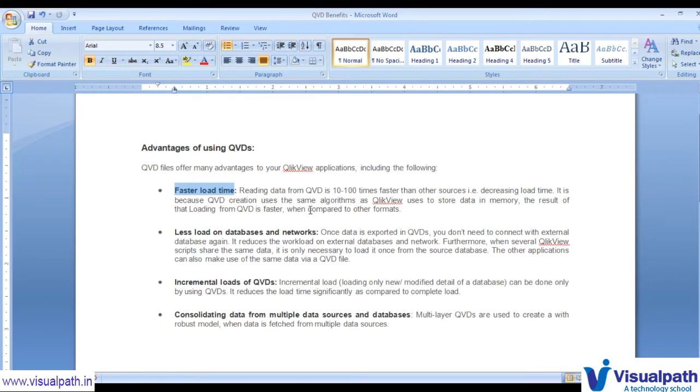If it is 1 GB of data we are loading, after loading into the QVD file the size will decrease by almost 70% of the original size. So for example, 1 GB of SAP data or Excel data will be converted to only 300 or 400 MB.